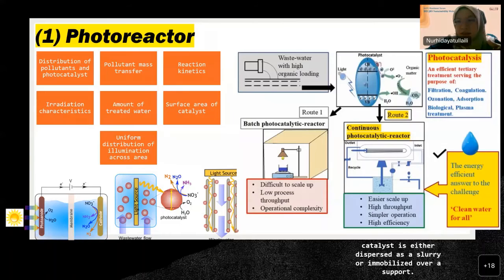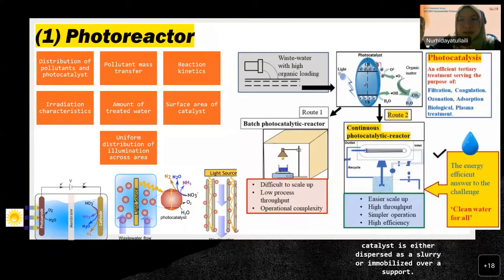The reaction kinetics should be considered as well because the reaction is taking place in microseconds. So we need to make sure that we have produced a highly stable catalyst with a high rate of reactions. Also the irradiation characteristic, how the position of the light is, for example the distance between the light and the catalyst, is also important to be considered to make sure that